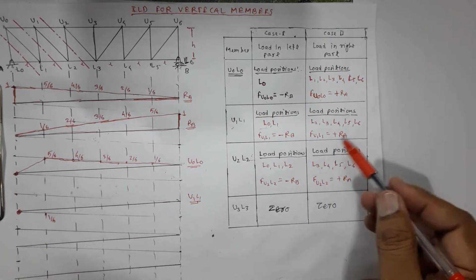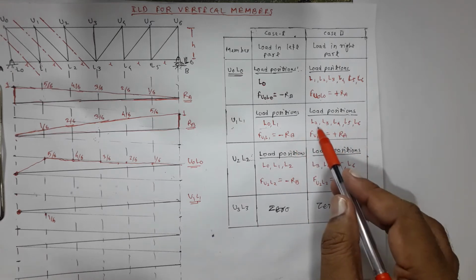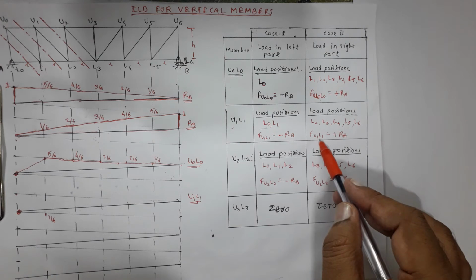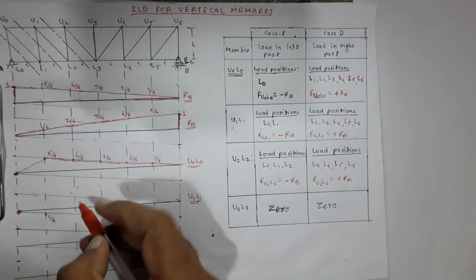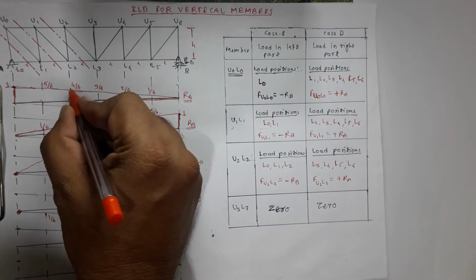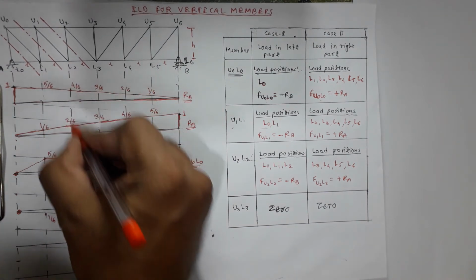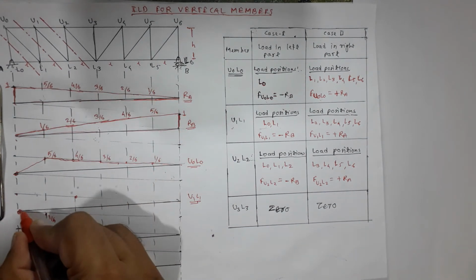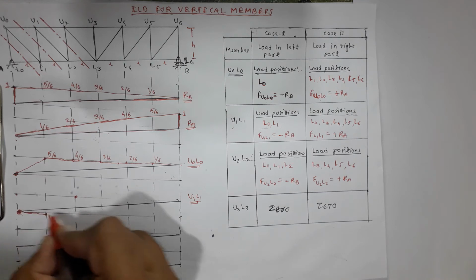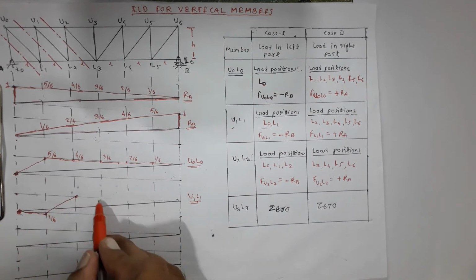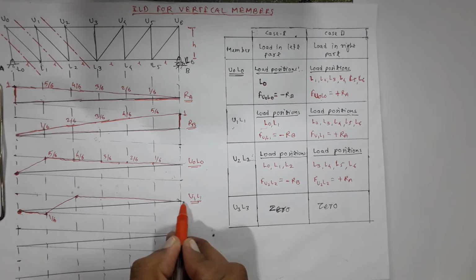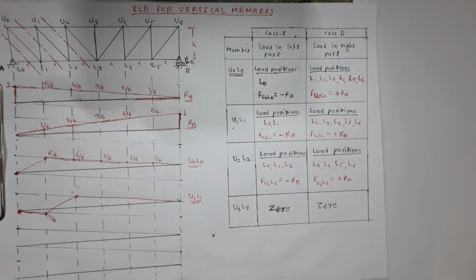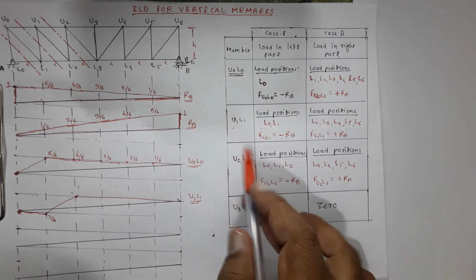And then the load moves to the right part, and when it goes to the right part, I will have to get FU1 L1 from RA. So L2 is the load position and RA will be 4 by 6 because I know this value. So 4 by 6. Once you get these, you will have to join these. The remaining values can also be known, but I am joining these two directly like this. So this is how the ILD for U1 L1 can be drawn.